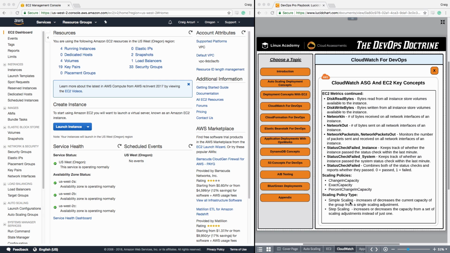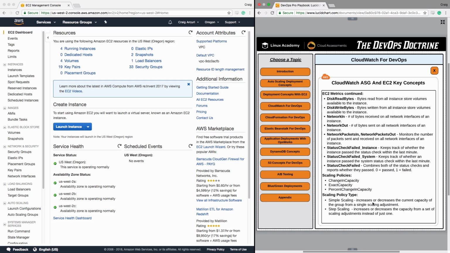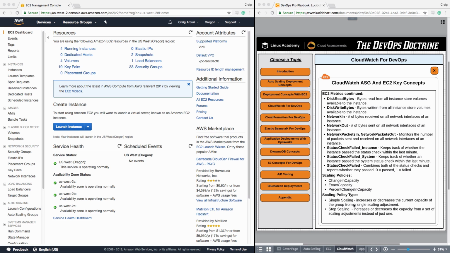We have simple scaling, which increases or decreases the current capacity of the group from a single scaling adjustment. And then we have step scaling, which increases or decreases the capacity from a set of scaling adjustments instead of just one. Now, with simple scaling, after a scaling activity starts, for example, increasing the number of instances, the policy has to wait for the activity or health checks to complete and the cooldown period to expire